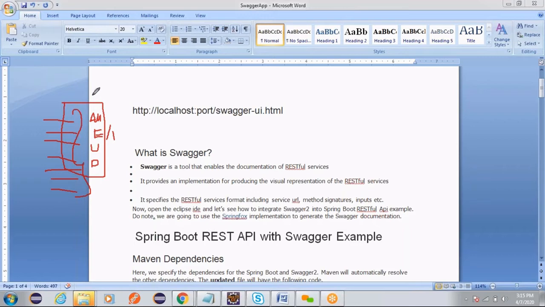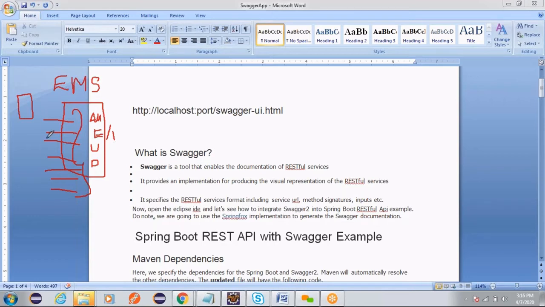Let us say you created this employee management system, in which you have multiple controllers, and in each controller multiple methods. This is your role. You developed a microservice for employee management. Now you don't have a user interface for this. You don't have a consuming client-side application for this. You just created a service.